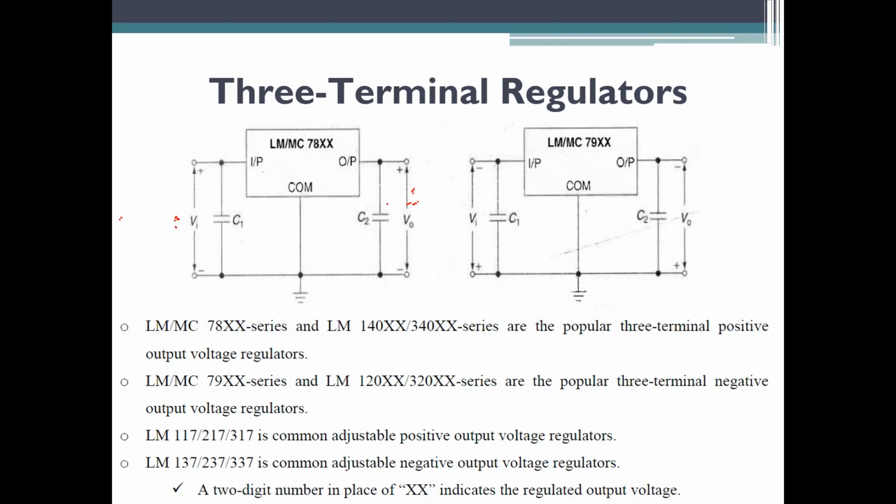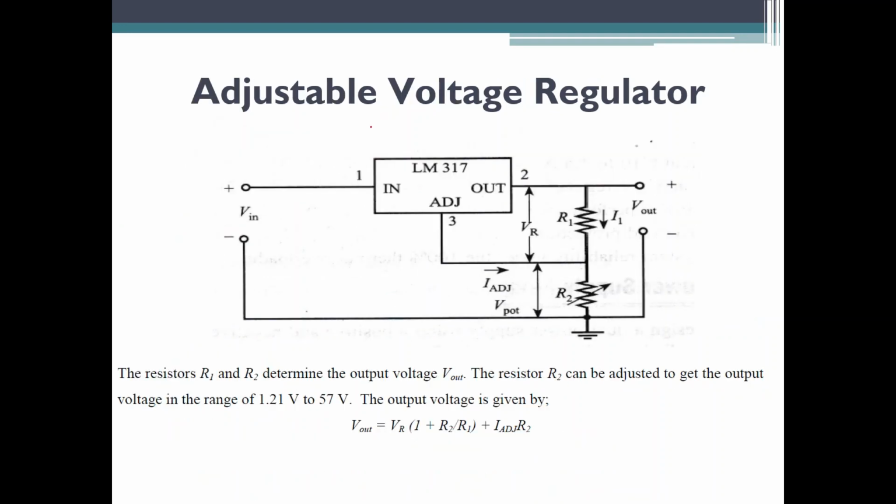There is something called adjustable voltage regulators also, which you can see here. Adjustable voltage regulators are the ones in which you can adjust the output voltage. The resistors R1 and R2 determine the output voltage Vout. The resistor R2 can be adjusted to get the output voltage in the range of 1.21 volt to 57 volt, which means that,